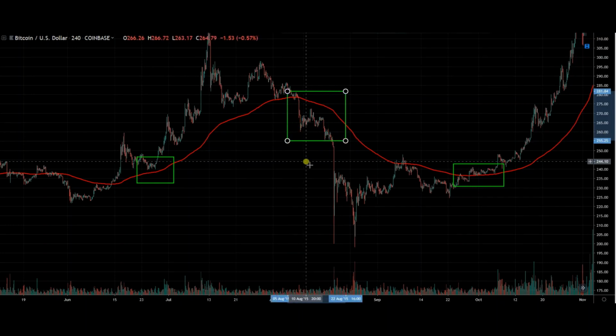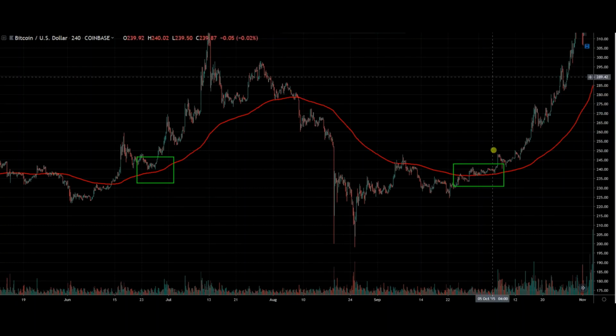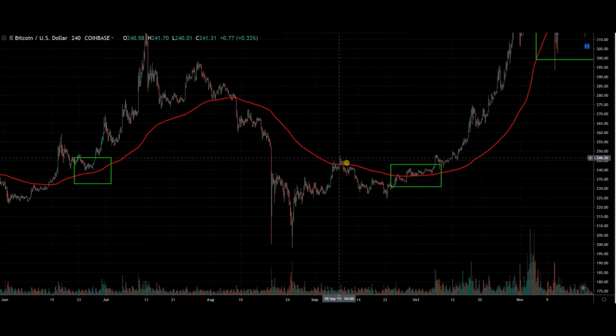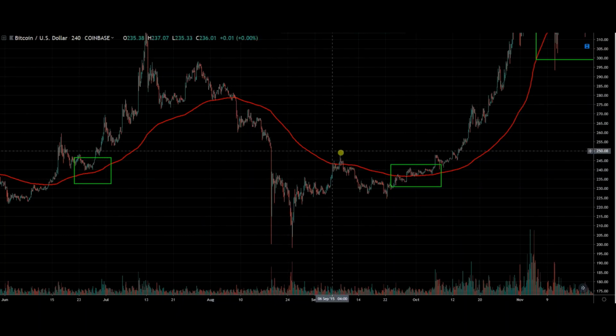I don't know why this is here. That shouldn't be there unless I did something else. Anyway, this is your first touch of the moving average, and it is a short. So the first touch of the moving average after breaking below is a short. So if you short that,